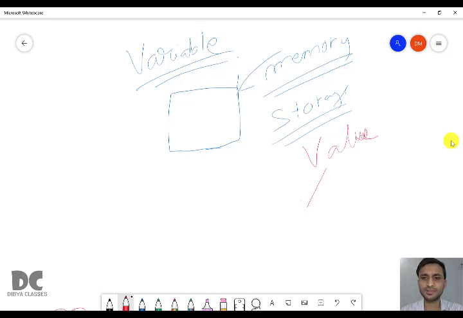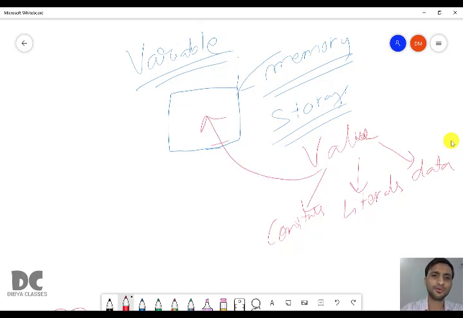And value is also known as constants, also known as literals, also known as data. So values have different names. They are called constants, literals, data. These will be stored in this memory, and this memory is called the variable in Java.